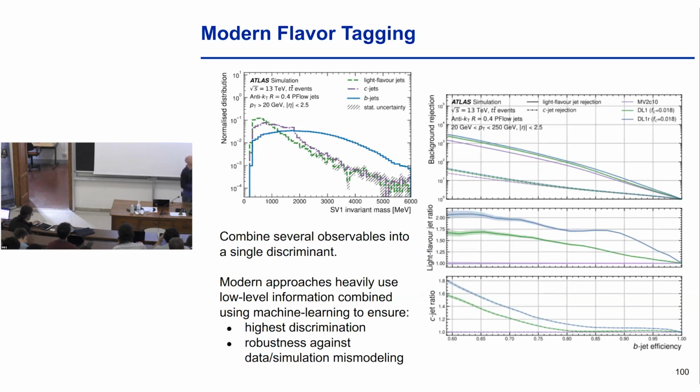And so this is an example. The upper left is one of these discriminants. This is just the invariant mass of a secondary vertex that's reconstructed. So you just compute the invariant mass of particles. But on the right, you see basically the output of a more sophisticated tagger, which combined through machine learning various